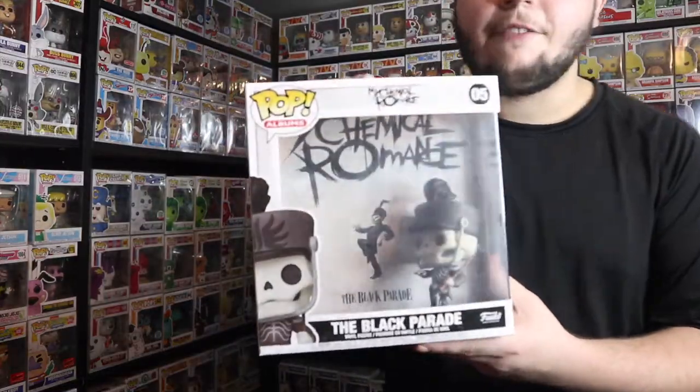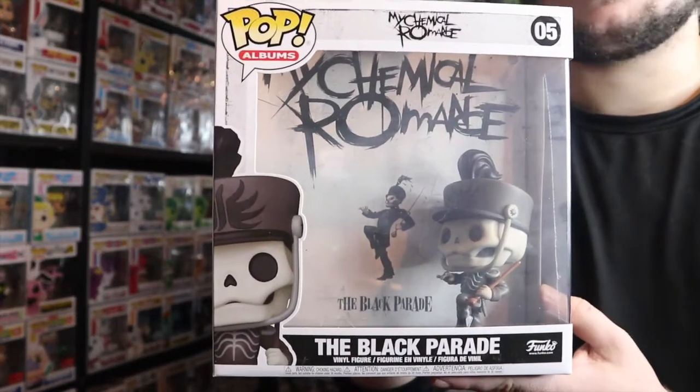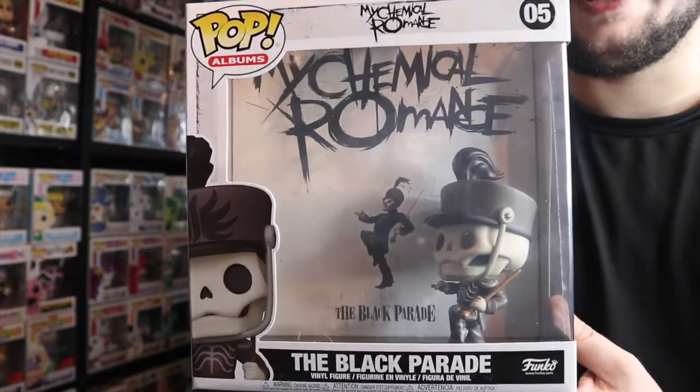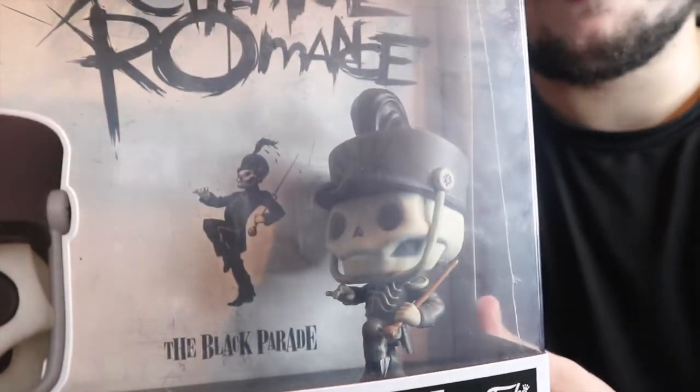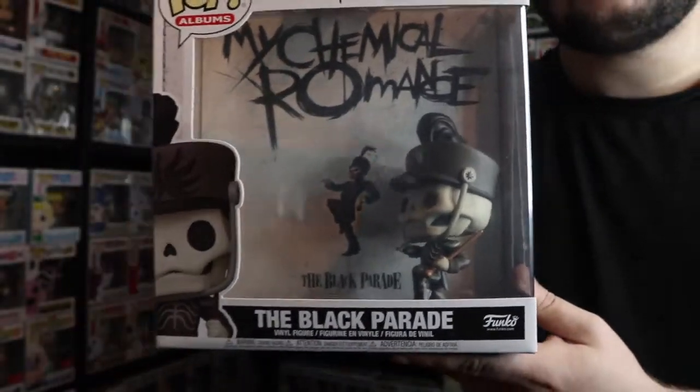So it does have more of a simplistic design, which I do like about the Pop Albums. There's just something about that I really do enjoy, and that pop itself is just done so well. There's so much detail that has gone into it, and it has a marching pose. Funko could have easily just had this thing standing and it maybe wouldn't have even made the top 10 list at all, but they have it exactly how it